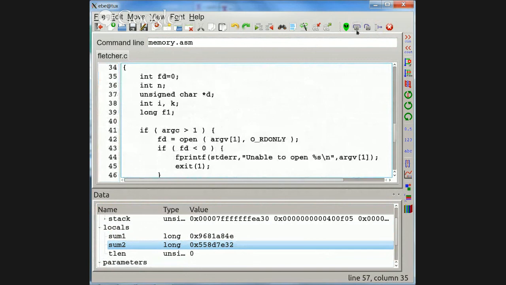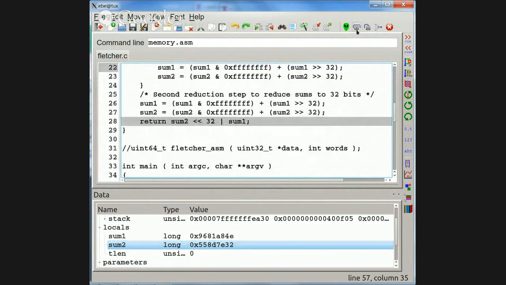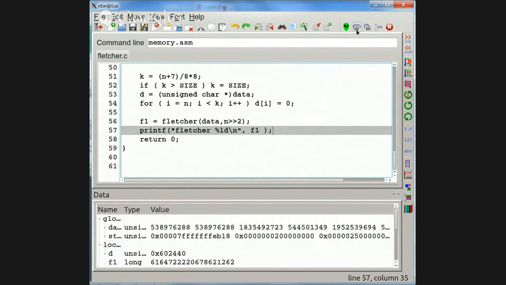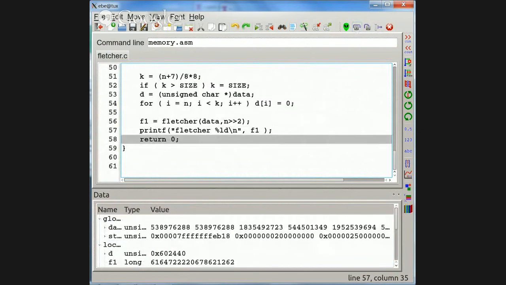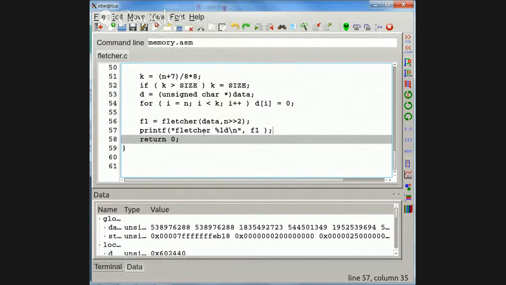Let's see, I may have restarted. No, there we are. All right, so it says return sum2 shifted left 32 ordered with sum1. So we get that value, and we get Fletcher equals, and use the terminal.